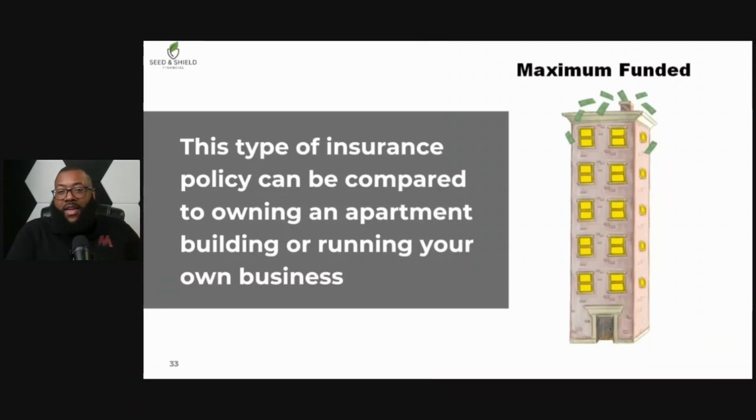So when you work with me, we not only get you an IUL, we make sure it's a maximum funded IUL. If you know someone that has an IUL, there's a good chance it's not structured the right way. I would love to talk to you, review your policy, and make sure it's done correctly, because there are a lot of characters out there that don't even know how to do so, right?